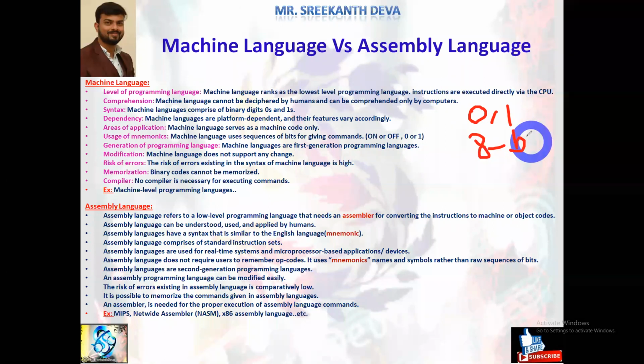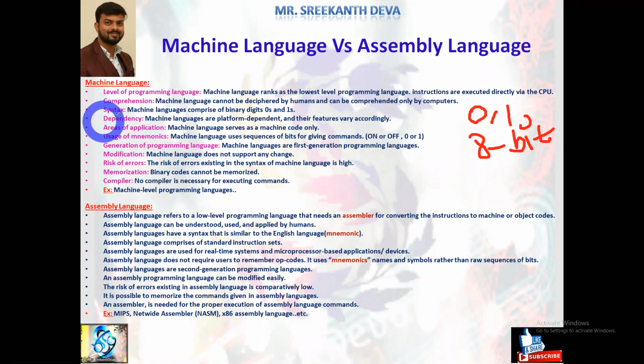It is very difficult to convert high level instructions into machine understandable instructions. Assembly language can be understood, used and applied by humans, because here everything is in the form of